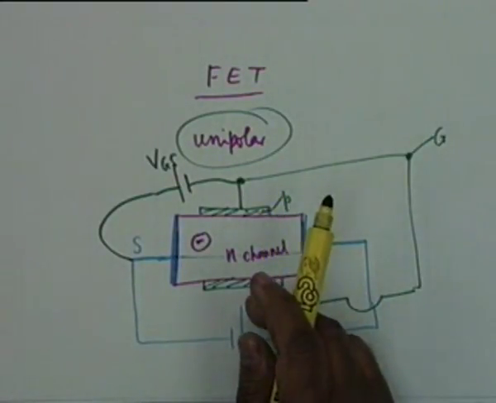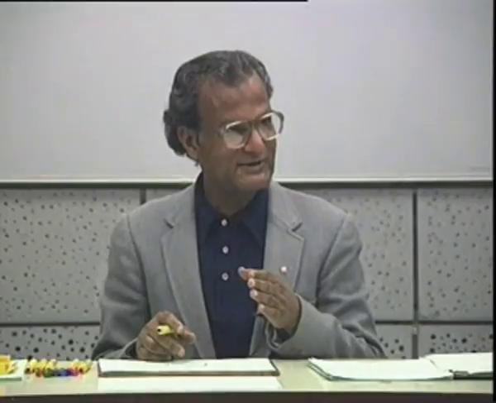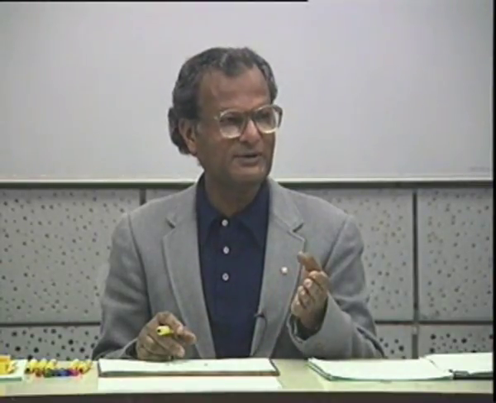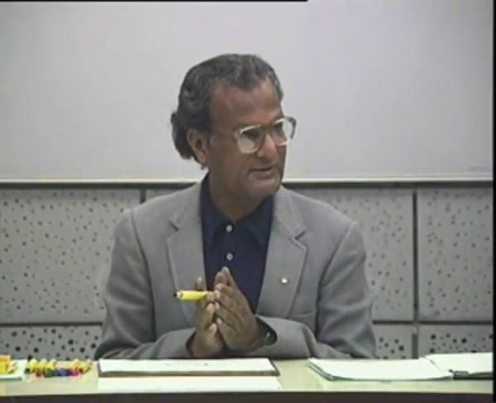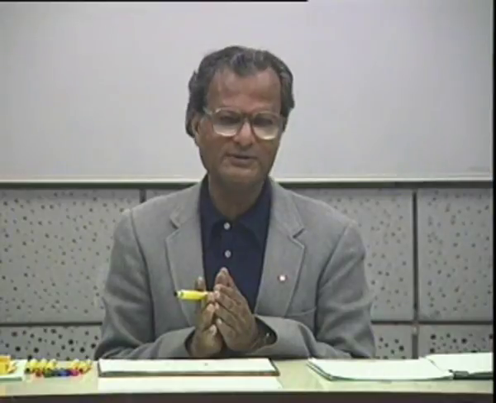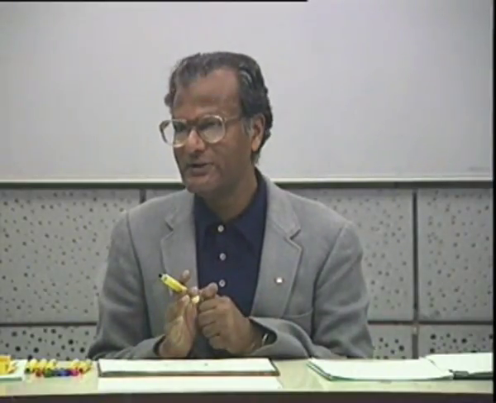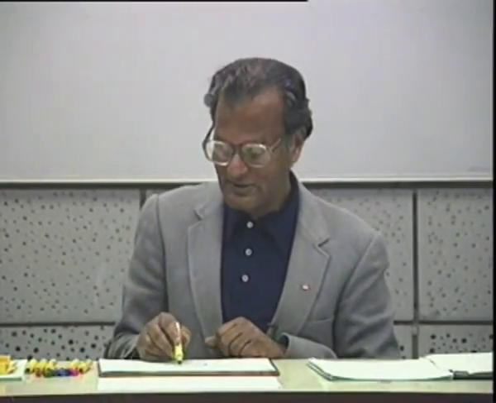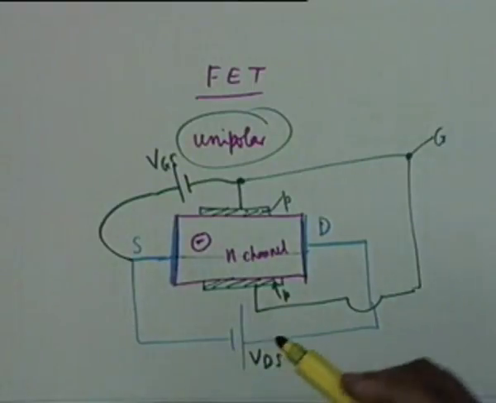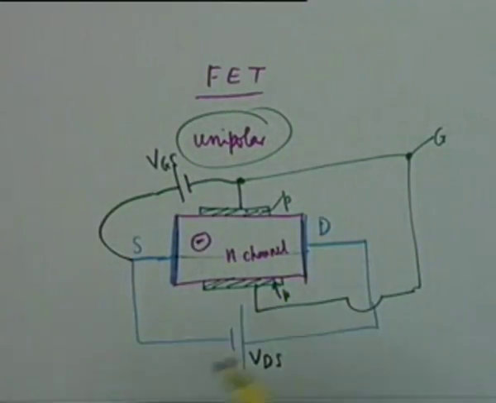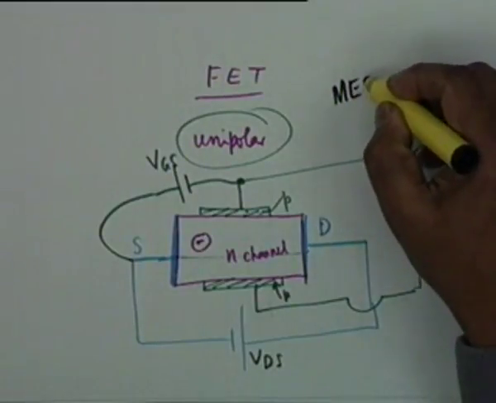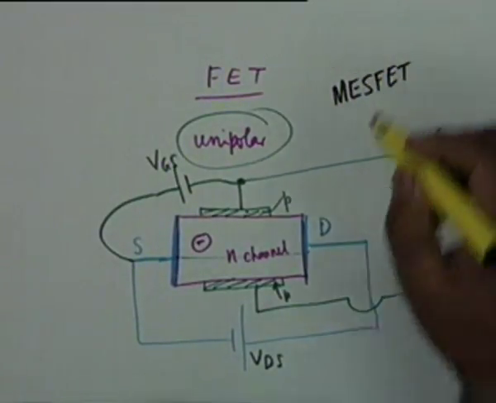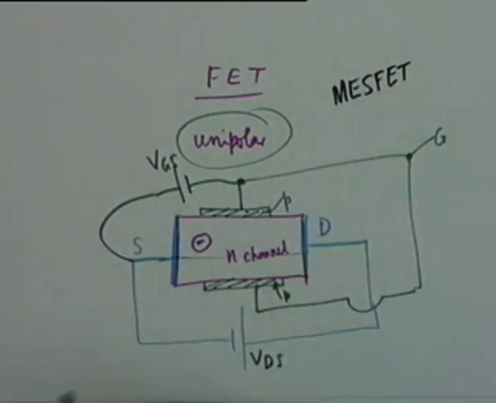Now you know there are metal rectifiers, metals and semiconductors, copper and copper oxide, for example, or selenium rectifier. You have heard of selenium rectifiers? Metals in contact with semiconductors can give rise to rectification, because there is a difference in work function or the contact potential. Basically it's a contact potential. So instead of a semiconductor material, one could have a metal semiconductor gate, and such devices are known as MESFET, metal semiconductor field effect transistor.